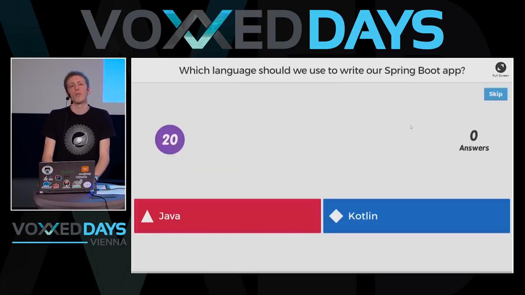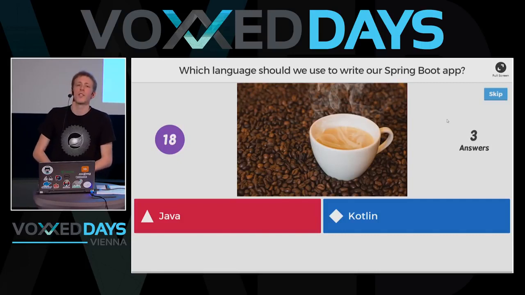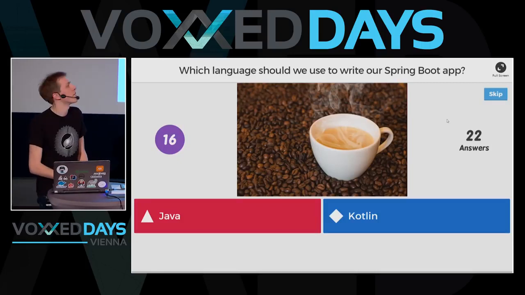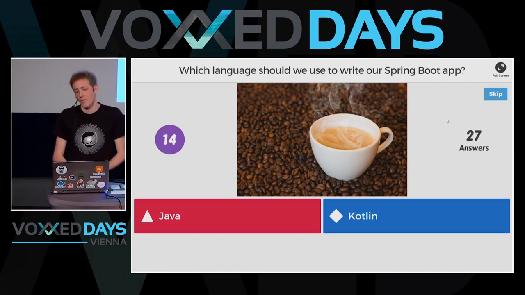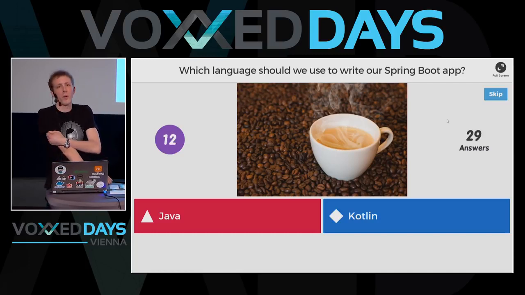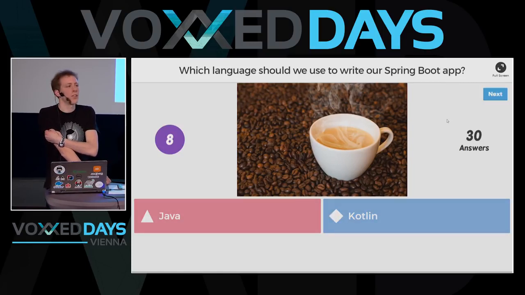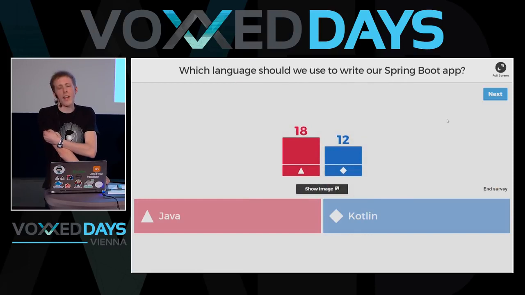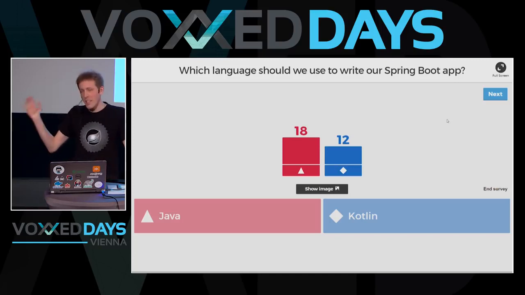So, what language should we use? This is a new question, of course, because since Spring Boot, we can choose whatever. Java or Kotlin. The point really in this voting session is, I don't really care. Spring Boot doesn't really care what you choose, and I do care because I had to prepare all these variations. But seriously, guys, Java? Really? Okay.